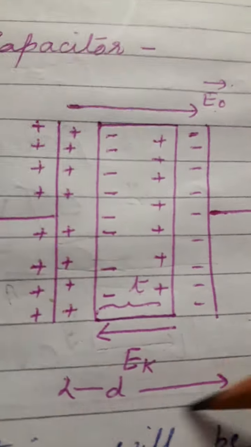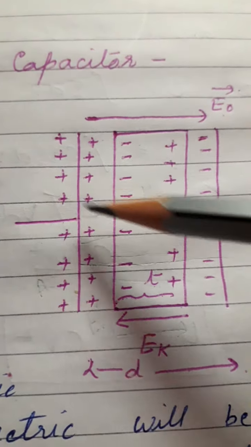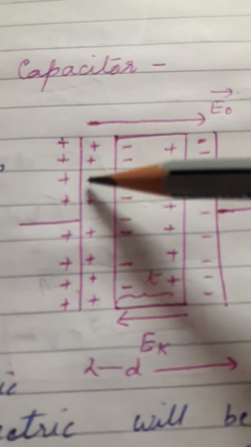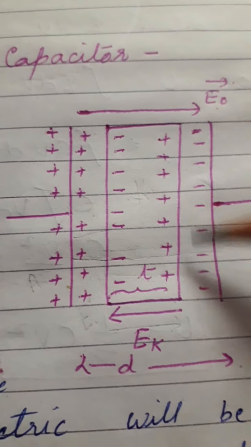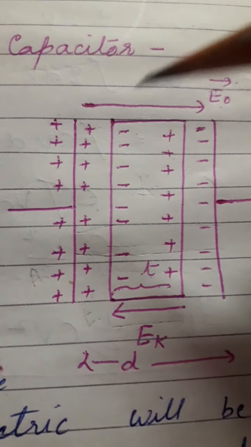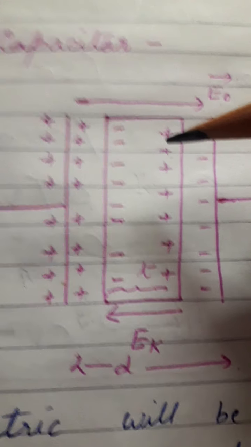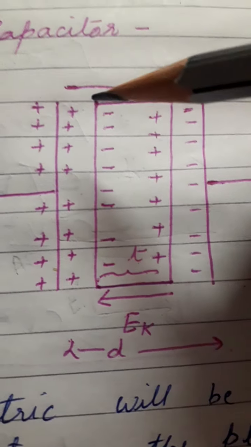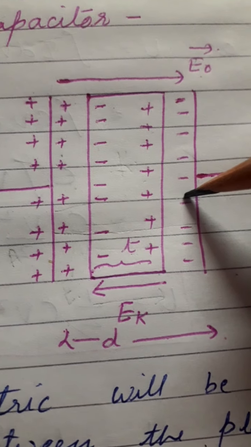This is a diagram of the capacitor which I have made. In this case, we have one plate which has been given a charge Q. Any charge we can give, and due to this charge, this side of the plate is positively charged. And if we are inserting a dielectric plate between the two plates of the capacitor, then definitely the molecules of this dielectric, normally the dielectrics are insulators, will get their charges separated. Negative charge will be deposited on this side and positive charge will be deposited on this side.